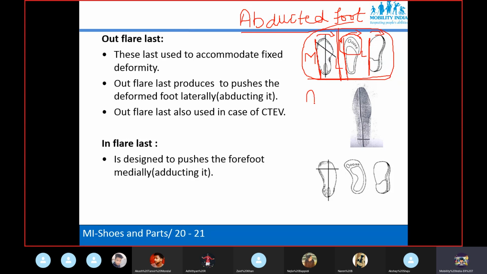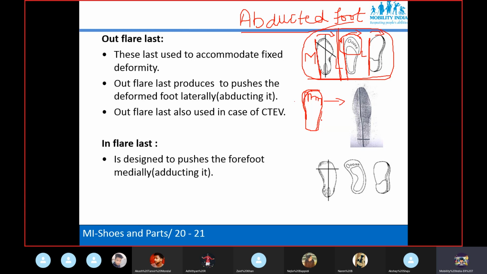If our foot is like this, I am drawing. Suppose this is our foot, and suppose this foot is abducted.